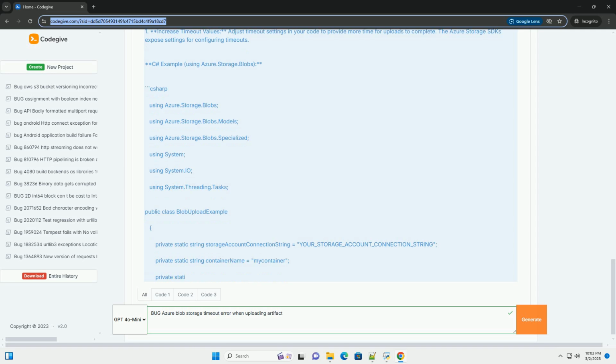4. Implement retries with exponential backoff. Use retry policies to automatically retry failed uploads, especially when dealing with intermittent network issues. Exponential backoff gradually increases the delay between retries, giving the network time to recover. See example, using Azure SDK retry policies. Explanation: